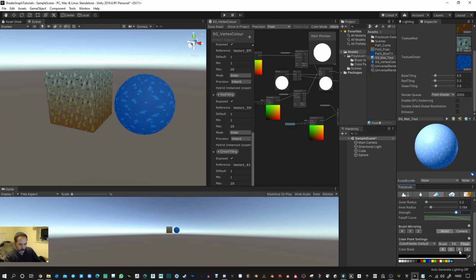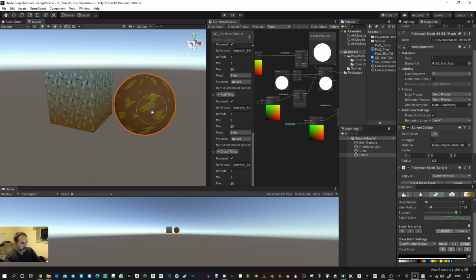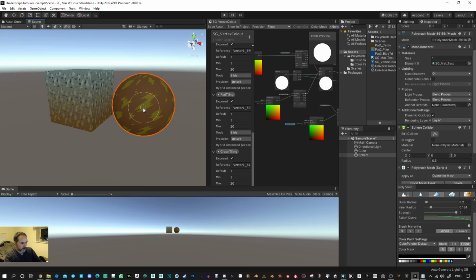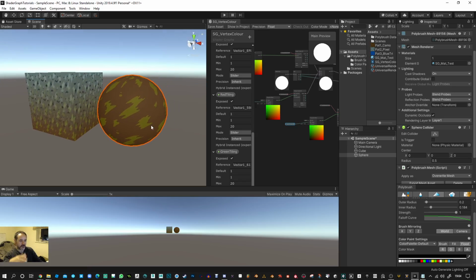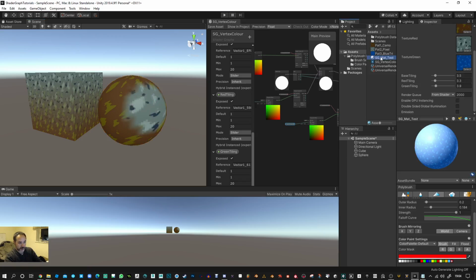Okay, or flood with black, that's what we want. Right, see, as soon as I click on that, it's now flooded with black Vertex Color, which means it's defaulting back to the base, because it's not been driven through those lerps through any value from the red or green channel. But as soon as I do brush red, so a little bit of red, we're getting the texture that lives in texture red. And as soon as we paint a little bit of green,